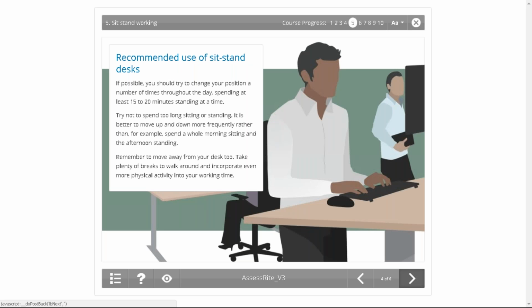If possible, you should try and change your position a number of times throughout the day, spending at least 15 to 20 minutes standing at a time. Try not to spend too long sitting or standing. It's better to move up and down more frequently than, for example, spend a whole